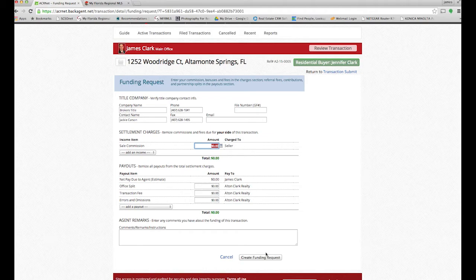I can't emphasize to you enough, please make sure this is done well in advance. As an agent, there's nothing more frustrating than you not getting paid at closing. It's completely unnecessary. It's one of the things I did not like working in some other brokerages, because it's a big corporation, things always had to pass through huge payroll offices and everything else. And it was a mess. And that's not what I wanted as an agent. That's not what I want as your broker. I want to be able to make sure that at every single closing,